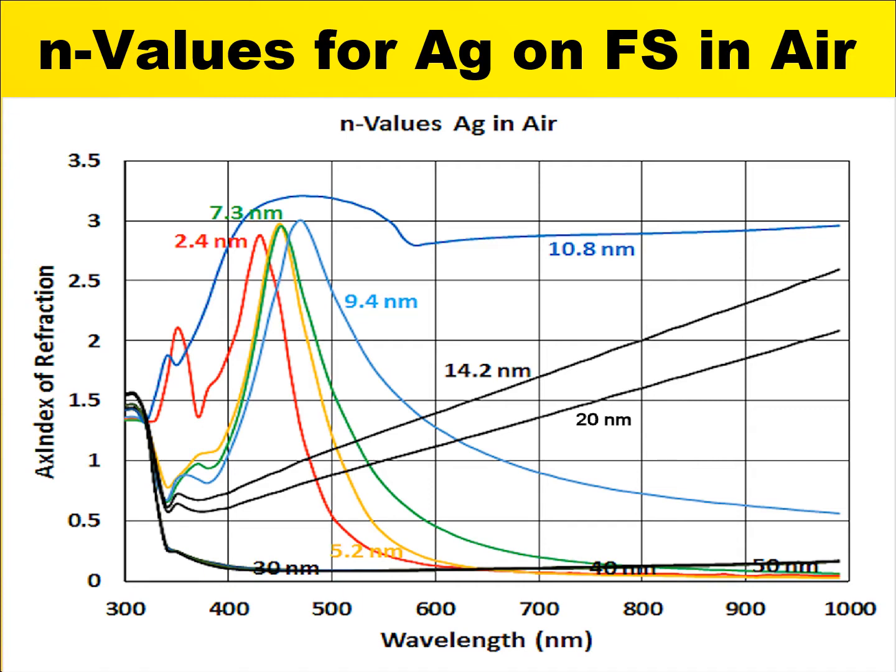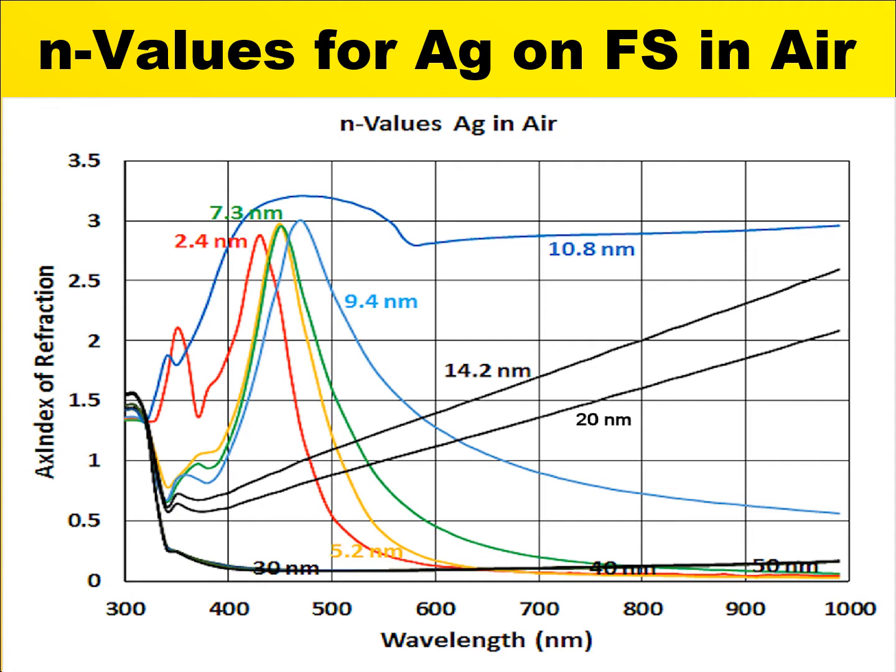But in these nano-thickness layers, we'll start out with a sort of a resonance here in about the 400 to 500 nanometer range. And once we get up about 10 nanometers, we start to see this coalescence, and the indices start to approach